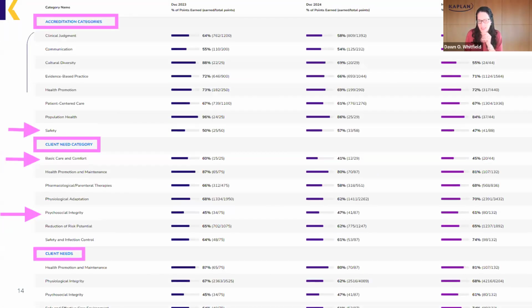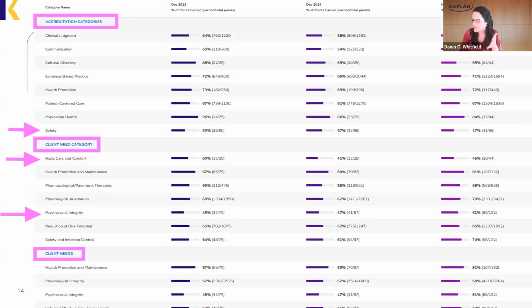Another great report is a category comparison. Now you're just getting a little bit of a glimpse of the data within the category comparison with Kaplan. This report allows faculty to pull accreditation categories, client need categories, the client needs themselves, clinical concepts, cognitive domains, cognitive level, concepts, critical thinking, demographic information, level of difficulty, nursing process, QSEN, specialty areas, and even systems, and so much more. So I could continue to scroll down on this particular area and get all of those categories of reports